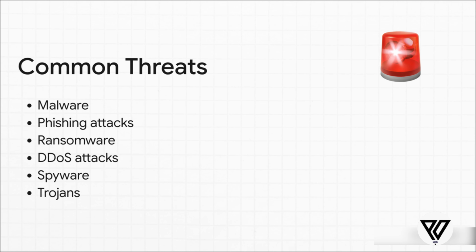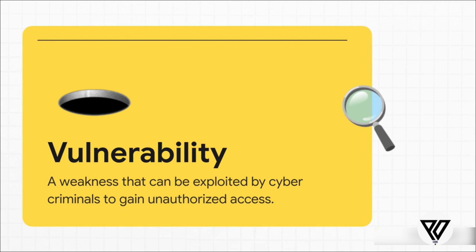And that, my friends, is ransomware. So, how does the burglar actually get inside? They're always looking for a vulnerability. And a vulnerability is just an unlocked window, or maybe a flimsy back door, or even that spare key you thought you hid so well under the flower pot. It's that pre-existing weakness that they can exploit to get access.